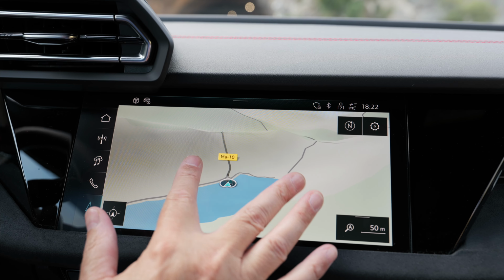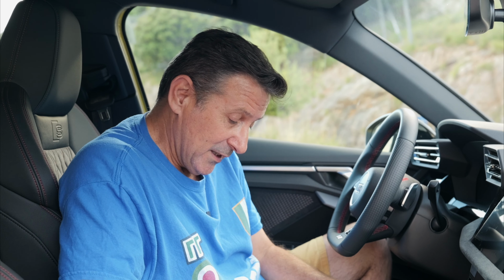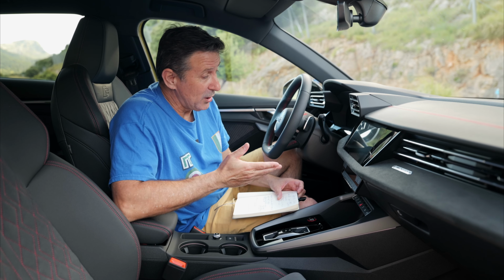No need to plug in or connect a smartphone. But above all, I discovered that you can rent options on the car. I've written everything down in this notebook. You can choose the MMI navigation system, the adaptive cruise control, dual zone air conditioning, automatic high beam, and finally, traffic sign recognition. Basically, if you think you're going to need them on a holiday trip, you can activate them for a week